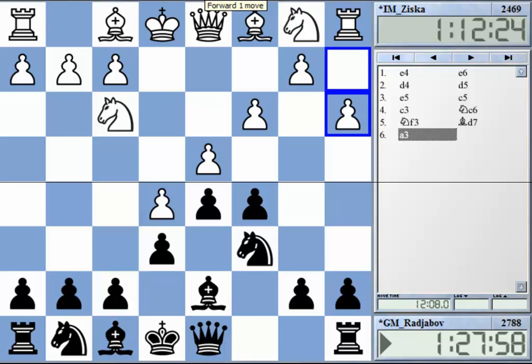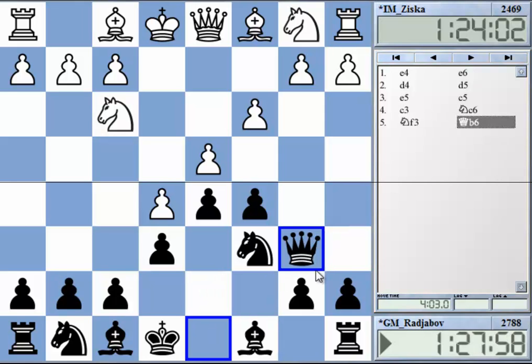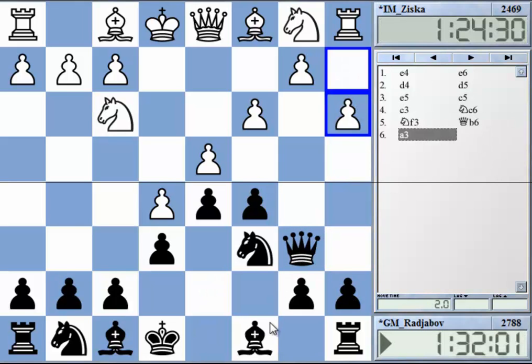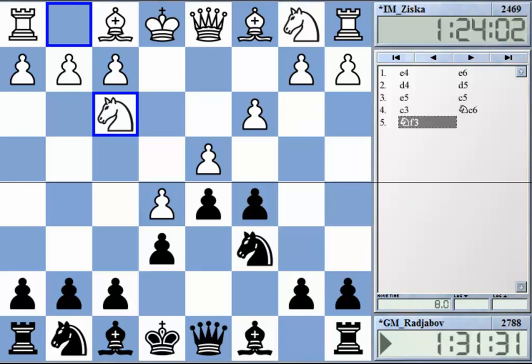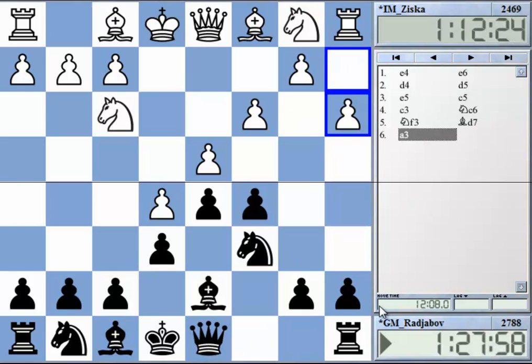But anyway, the white player plays it. It's the main move on queen b6. So if you consider this move, then a3 is actually the main line, with the idea that this b4 advance somewhat blunts the effect of the queen. In fact, after a3 here, after bishop d7, a3,